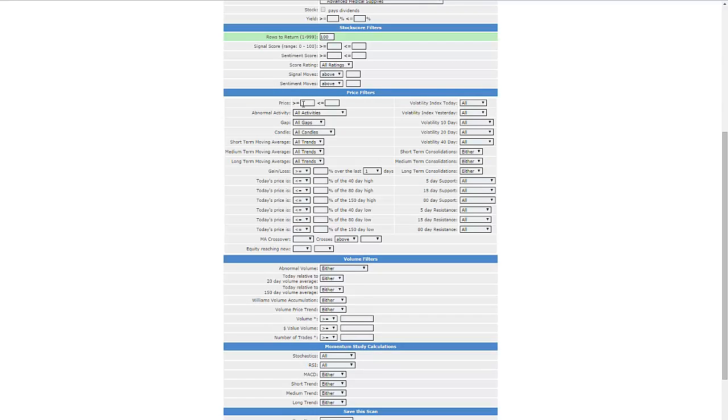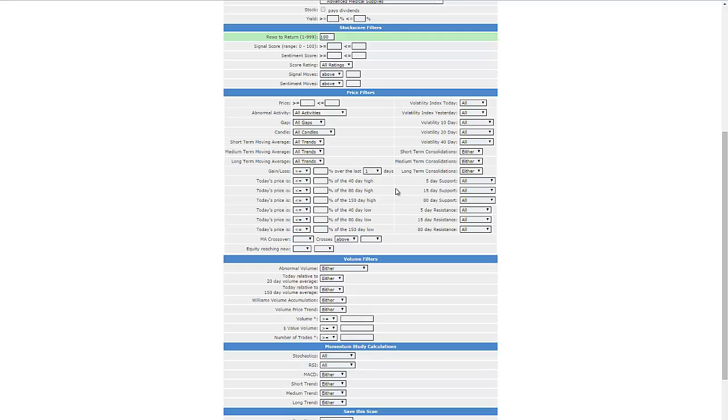You can say I want to look for stocks within a certain price range, or look for stocks making an abnormal day up or down. You can look for their moving average to be bullish, bearish, or neutral, either on a short-term, medium-term, or long-term basis. You may want to look for stocks that have made a gain of at least 3% today or 30% over the last 20 days. Those are the kind of filters I'll often use to backtest my strategies,